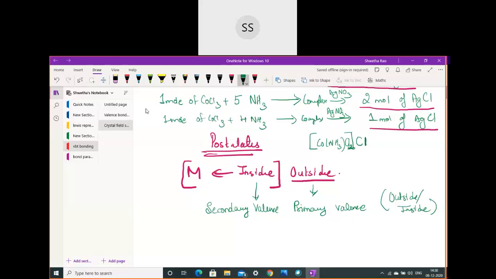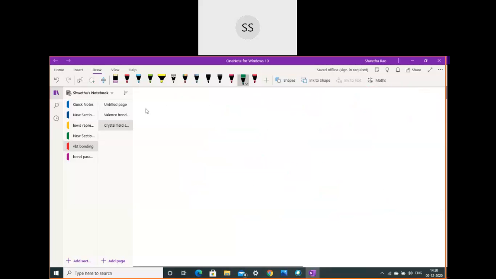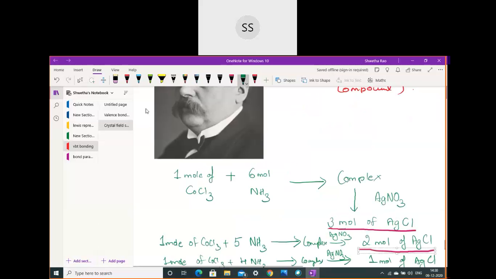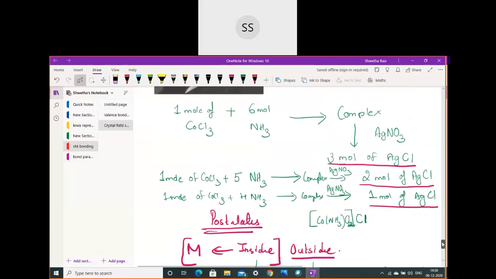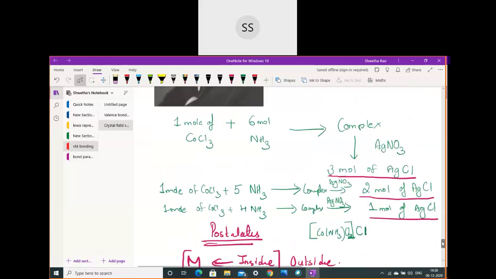Write the complex now actually. So your Co is linked with 4 ammonia molecules, and then from here 3 Cl, no? 1 Cl has gone out. So only 2 Cl are inside. So this is how he deduced the structure of the particular coordination compound, because one has got precipitated.